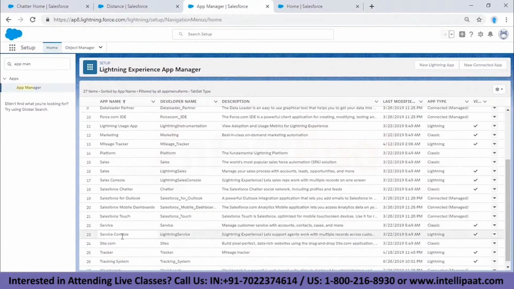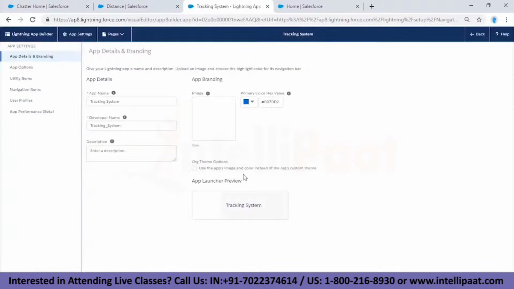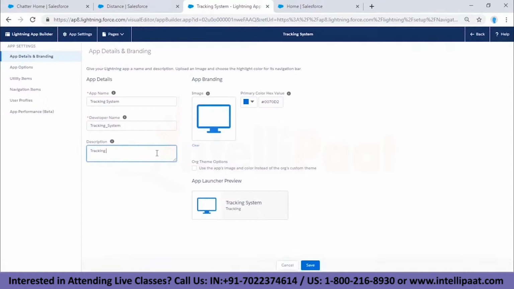Now let me find my app over here. My app's name was tracking system. It's over here. There's no description, sadly, but the tracking system is over here. It was just created. It is available in Lightning. I can go ahead and I can edit the app as well, or I can delete the app. If I edit the app, I'll get the same settings. I can change them. Let me add the description as tracking system for my company. Okay, save this.